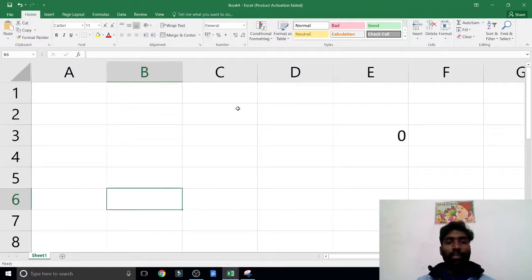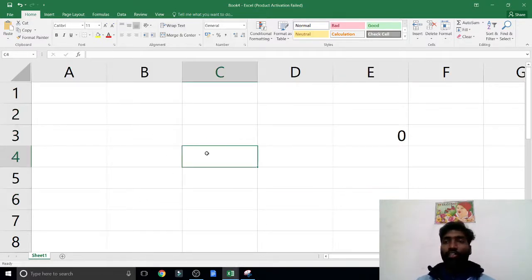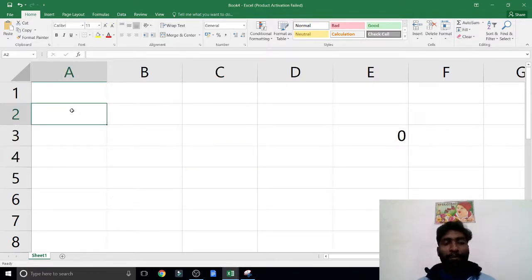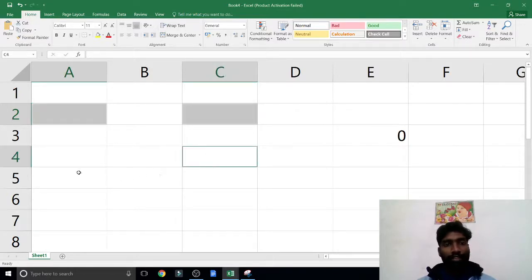Now how can I select one cell here, one cell here, one cell here? I want to select 4 or 5 non-continuous cells. How can I select them? Very simple. Press and hold the Control key. Now I have pressed and am holding the Control key. Now select wherever you need.